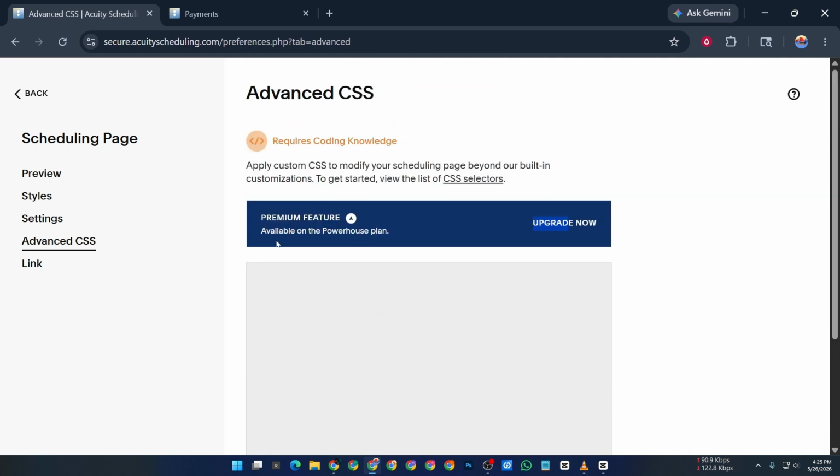If you are embedding Acuity into a website, you can also use the Acuity embed code to place your booking calendar directly into your web page. Simply copy the embed code provided by Acuity and paste it into your website's HTML where you want the calendar